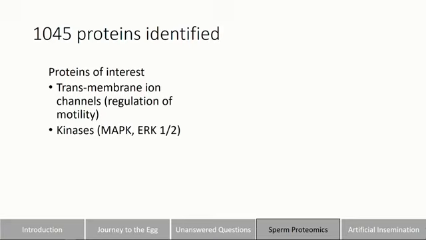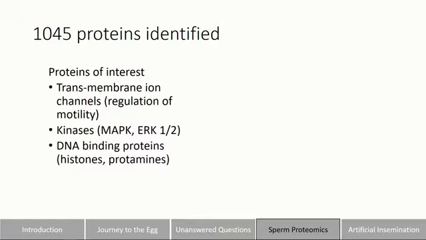So I mentioned that ion channels in the sperm and kinases are responsible for regulating motility. So we'd like to identify the specific proteins within sperm that do just that. We found a good number of DNA binding proteins like protamines and histones, and we expected this, but now that we know these accession numbers and where they're located in the genome, we hope to develop a transgenic line that has the sperm head fluorescence so that we can very easily track how sperm move through a female reproductive tract or understand how different male sperm may compete within a female reproductive tract in the case of a polyandrous female.